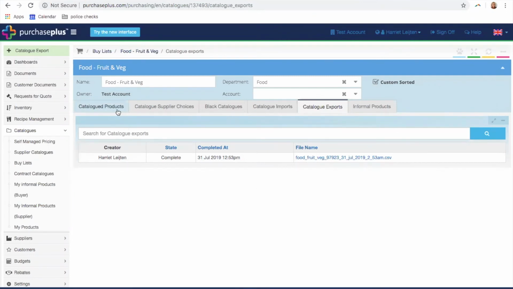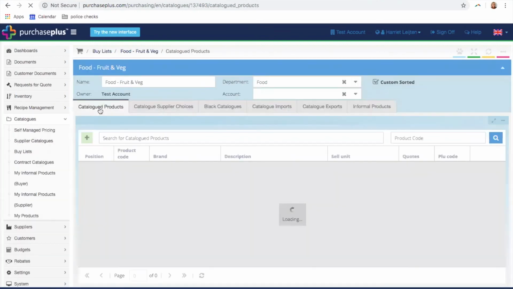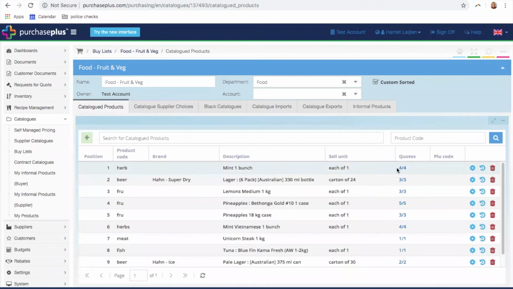Now, let's talk. We did have a question earlier with regards to similar but not exactly the same descriptions. Right? The system, as we've discussed, to get multiple quotes on the same item, it must be against the exact description, which can sometimes be the issue. Maybe it's like-for-like products, but different suppliers have described their item differently, and therefore you're not getting the price comparison on those products. A way we can